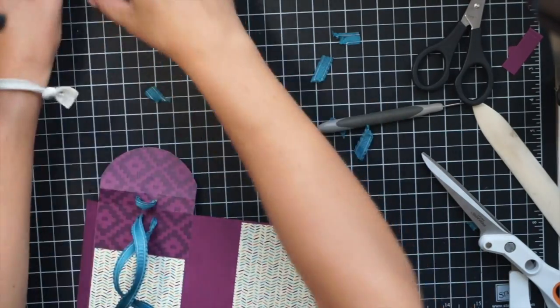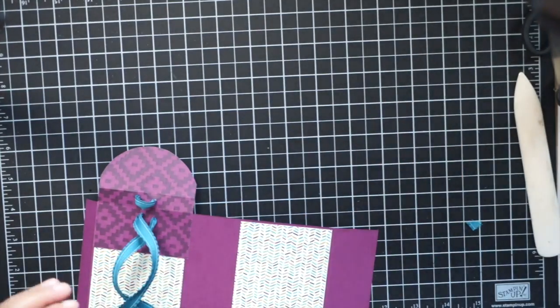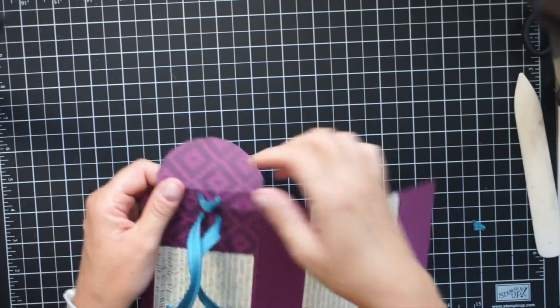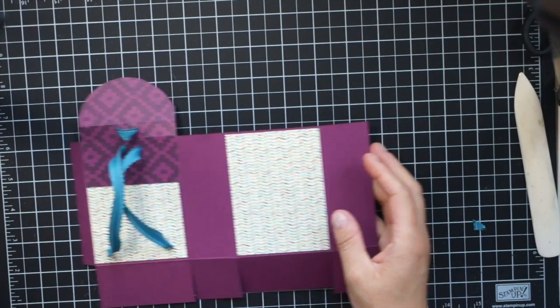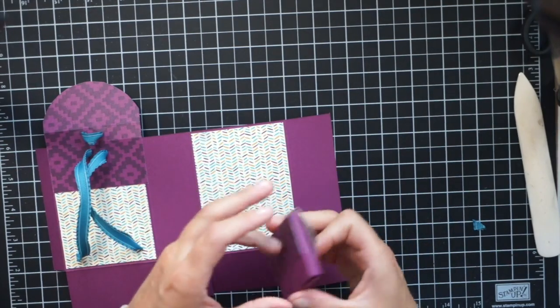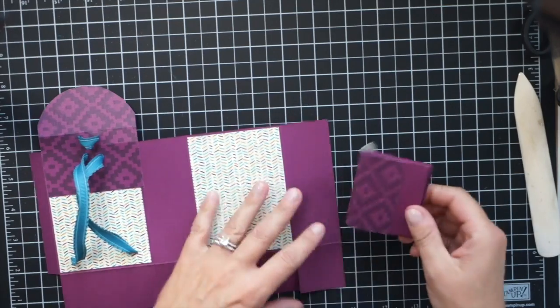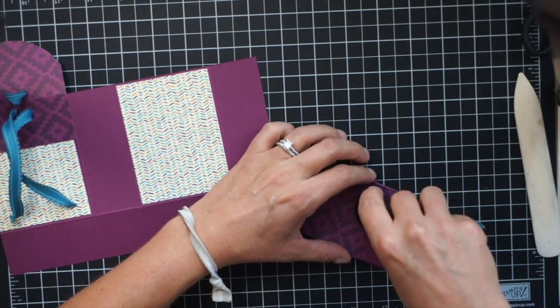All right, let's finish this bag off. Let me clear my space here. All right, so now that we have the backpack straps and the little tag on top done, we are ready to start finishing assembling this box. So go ahead and pull out your small box that we made earlier, and we're going to want to attach this to the front. You could use Tombow again. I'm just going to throw a little bit of fast fuse on there